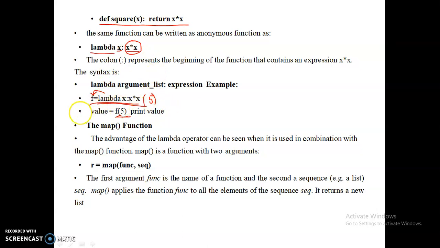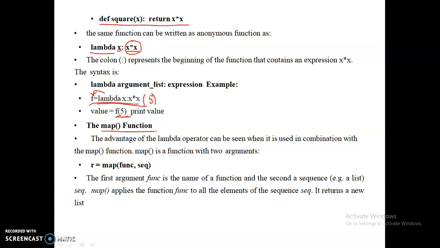The application of these lambda functions is in other functions where we require the code to be applied as a function. That is, we need to use one function in another function. There we have use of lambda functions. One such use is the map function. Map is a function used to apply a function to a list of elements or a sequence of elements.